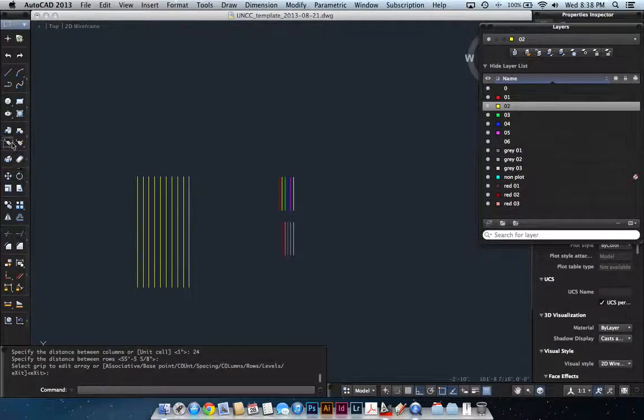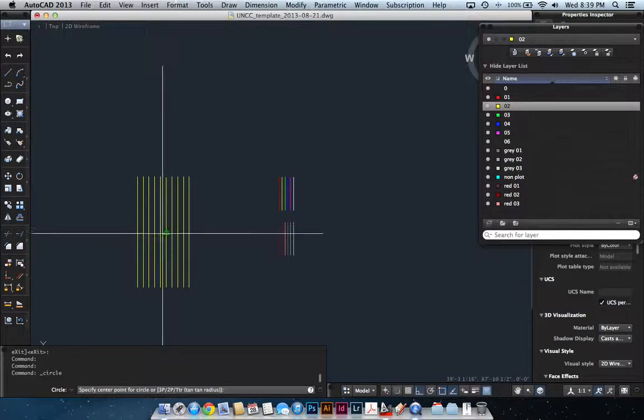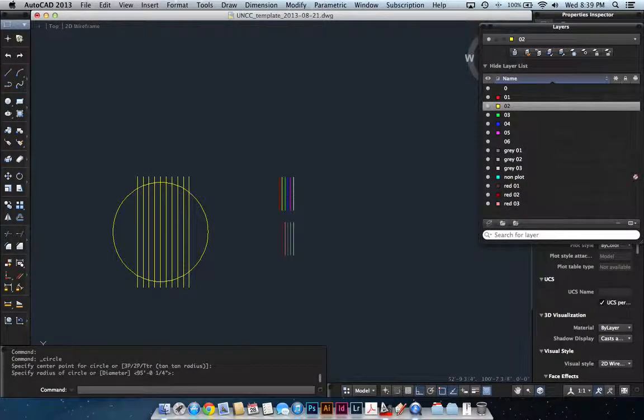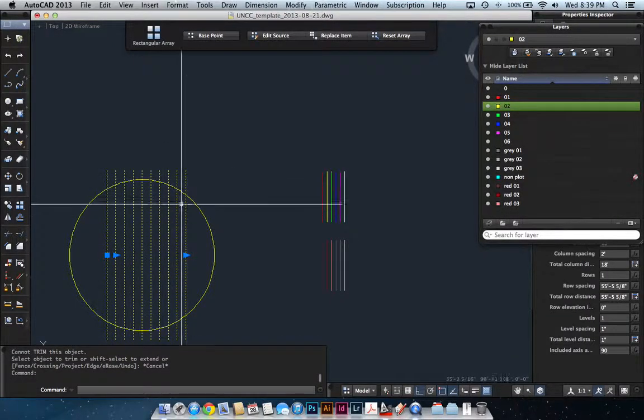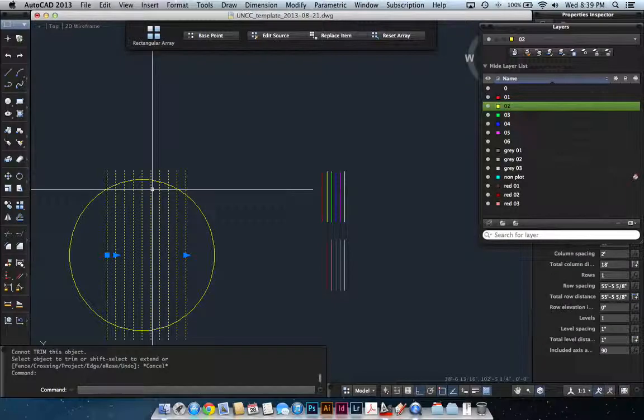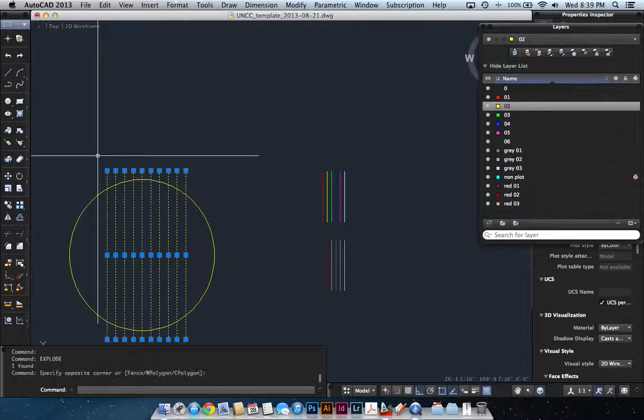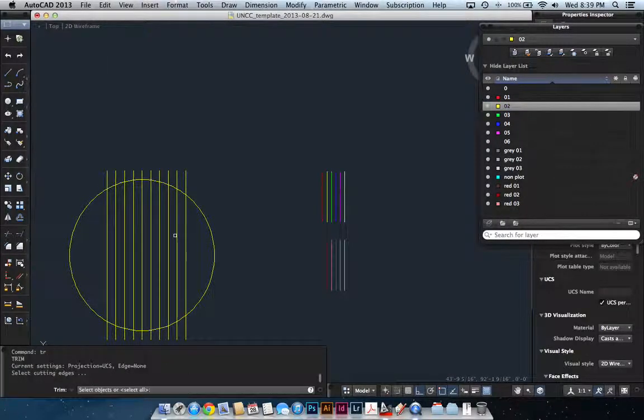Now I'm out, and I'm going to set up now the circle. Again, let's say that's my shape. And I can go back to my trim function, again, selecting my cutting edge and entering out. And as you see, I'm not able to trim those lines with that condition. Instead, what I have to do is explode them. And this is only recommended when you're taking apart a hatch or an array system. So you explode these, and they're no longer editable as a group, they're separate lines. So I just exploded my array,